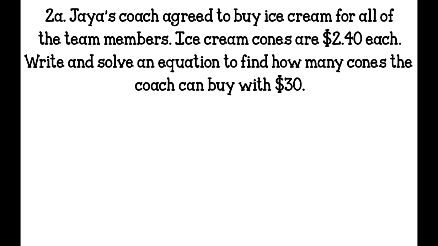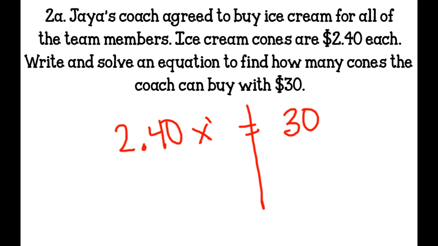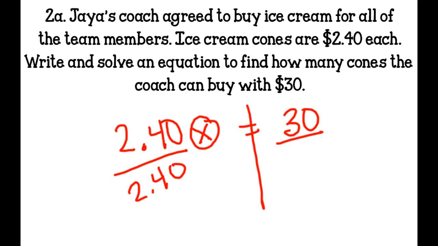Jay's coach agreed to buy ice cream for all of the team members. Ice cream cones are $2.40 each. Write and solve an equation to find how many cones the coach can buy with $30. So we know that they're $2.40 each. Each is always a keyword for multiplication. So it's $2.40 times the number that he can buy, and he can only spend $30. So we draw our line, we circle our variable. We're going to divide by the $2.40, and this cancels out, and we're left with x equals,